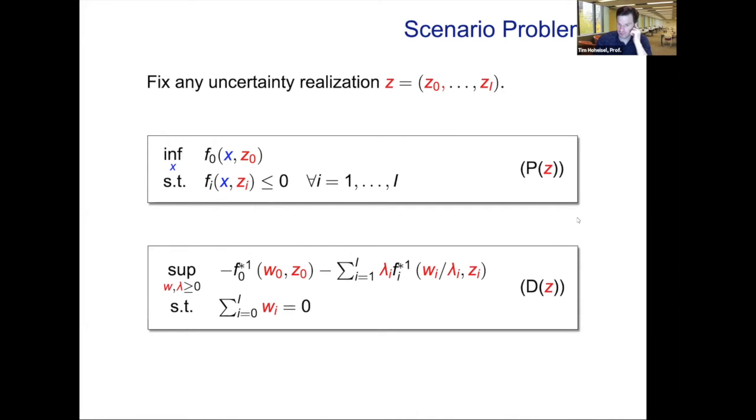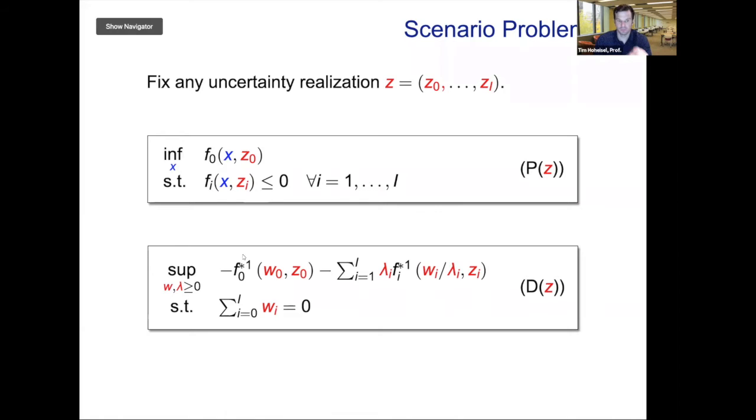Just one quick question, Daniel. Yes. So the functions are assumed to be jointly convex in both variables, right? And then when you take conjugates, it's always with respect to both variables. So in this case, actually, the functions f0 and fi are supposed to be convex in X, so that we have a convex decision problem. I didn't say anything about the dependence on the uncertainties, and we will talk about that later, but for the moment, we don't need to make any assumption. We will need it later, okay?